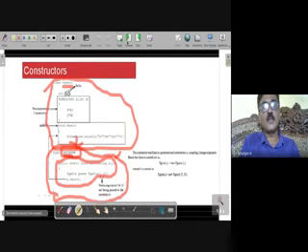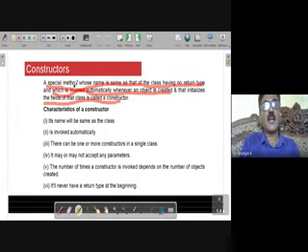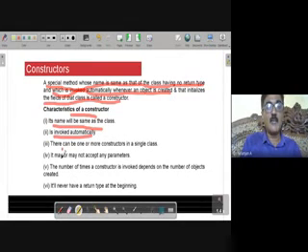So I hope you all have understood the definition now. Instead of giving the definition at the beginning and then explaining the example, I went the reverse way. I explained the example and now I am coming back to the definition. What are the characteristics of a constructor? Its name will be same as the class. It is invoked automatically. It may or may not accept parameters.